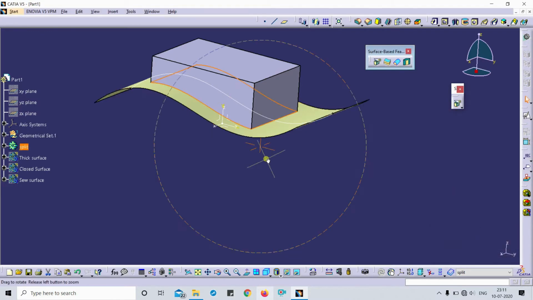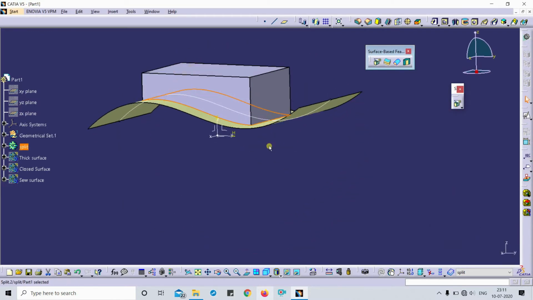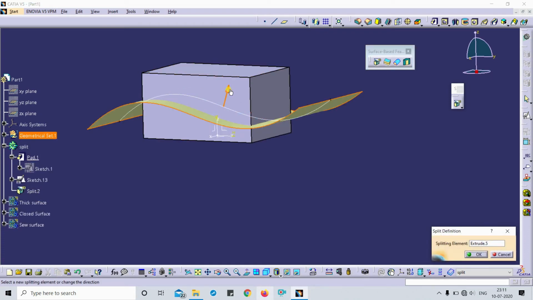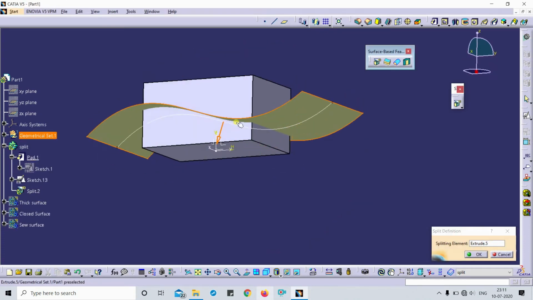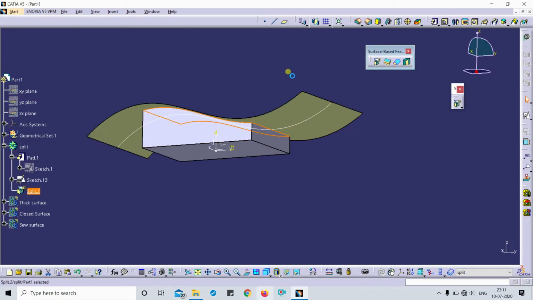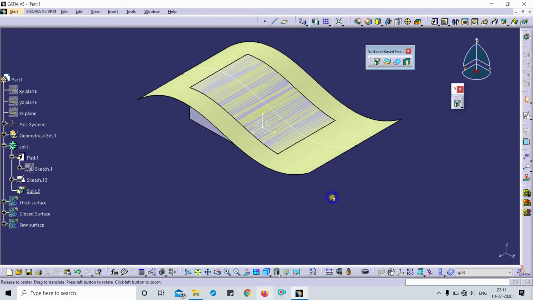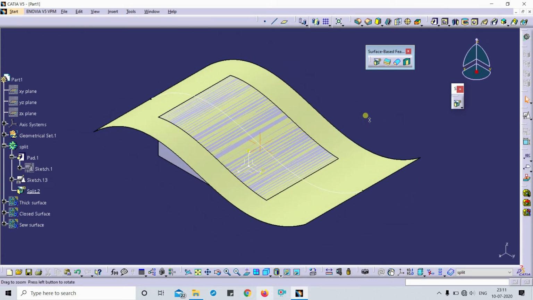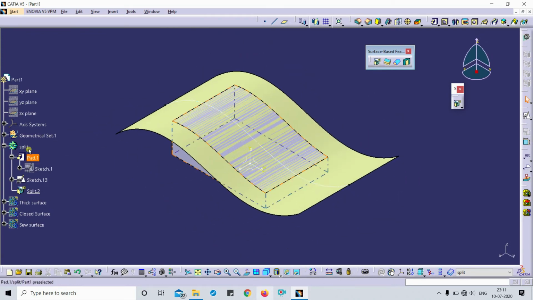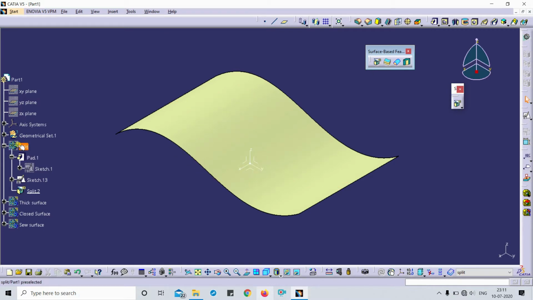Now you can see the result. You can change the direction by clicking the arrow. So this is how you can use the split command. So this is about the split.